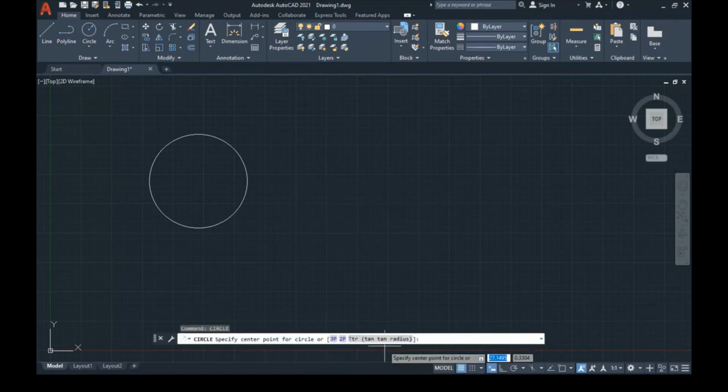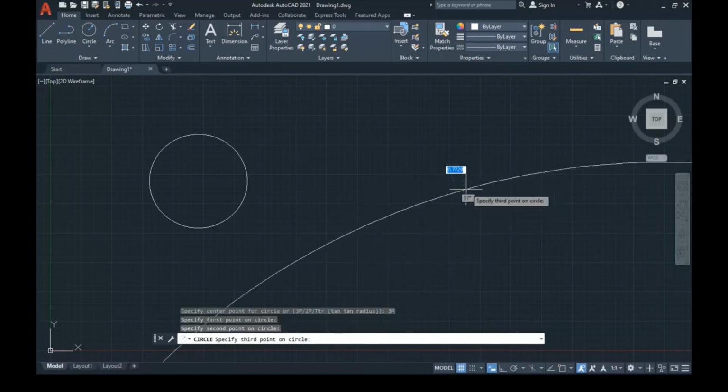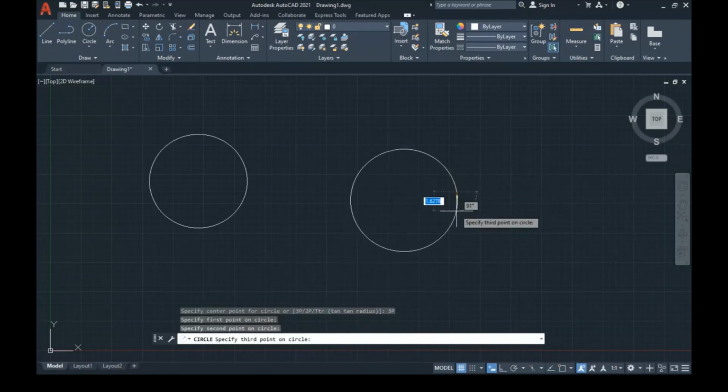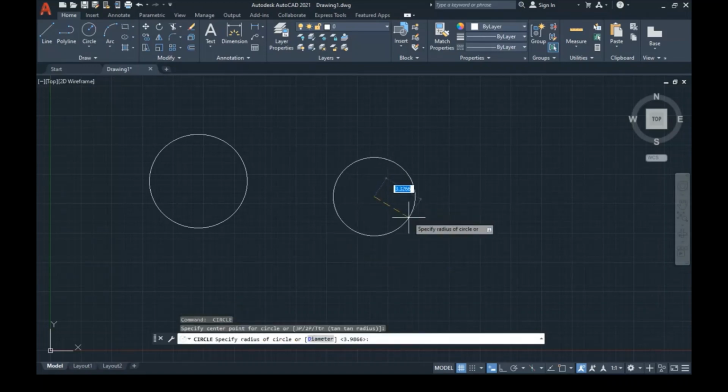This time I want to use 3P. So I was using the point. Then I decide, oh, I don't want to use it. So I'll just cancel with escape. Fine, this is done. Now let's make another circle. I can press space bar. Here comes circle. So say I make this circle.